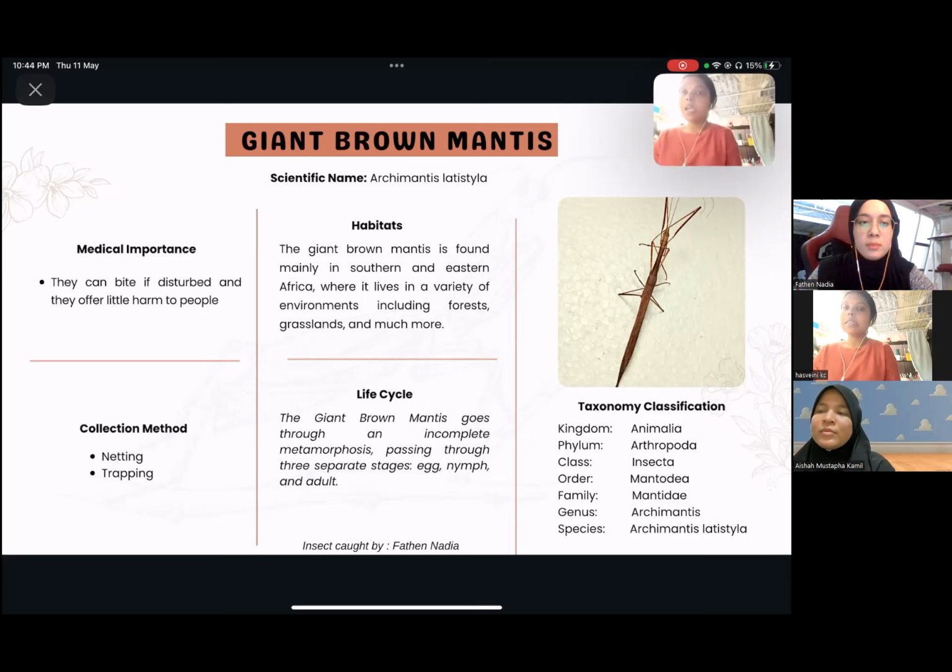And then the giant brown mantis goes through an incomplete metamorphosis, where it passes through three separate phases: egg, nymph, and adult. According to the taxonomic classification, the scientific name of the giant brown mantis is Archimantis stella. So those are the taxonomic classification. So next